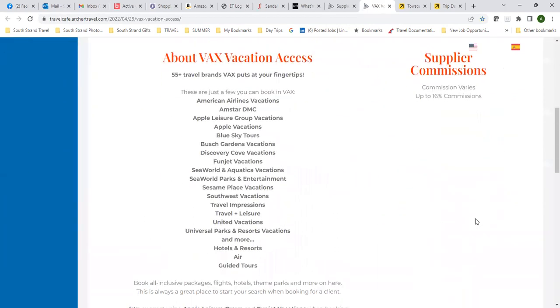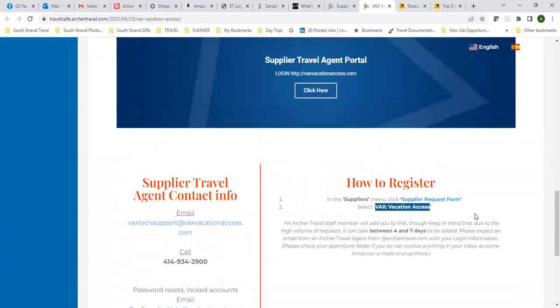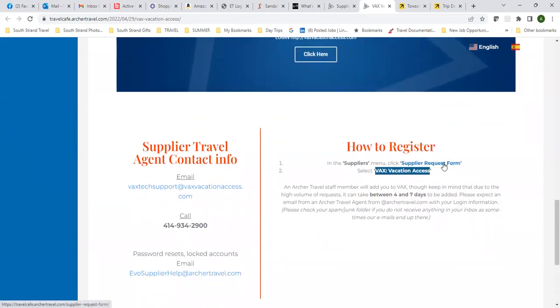And the way you sign up for that, scroll all the way down to where it says how to register. You're going to have to go to the supplier request form, and they've got a link here, so you can click on the link, select Vax from the form, and it'll be 4 to 7 days when you'll get an email saying your access is available. So just to show you, if you click on this form,